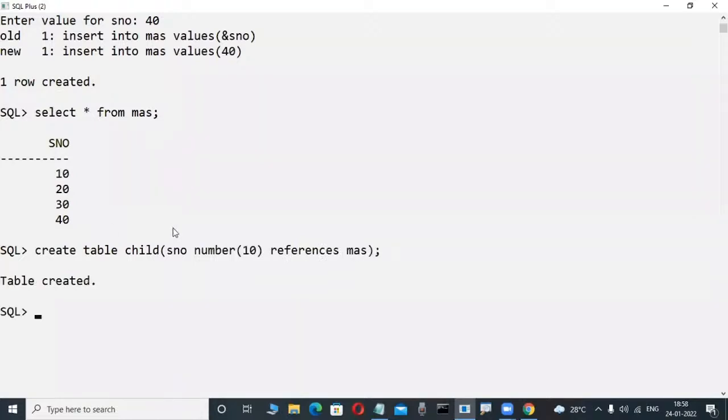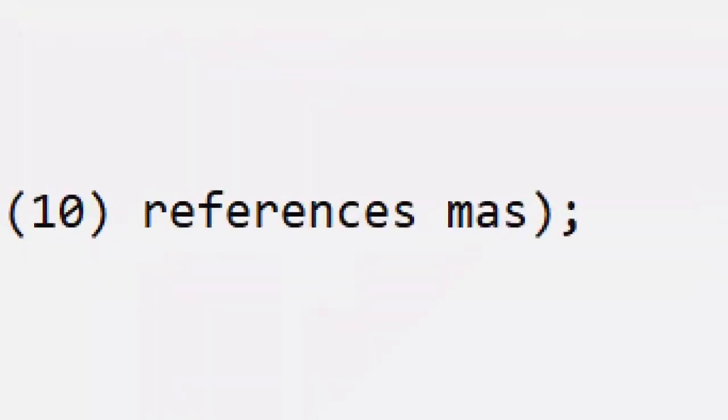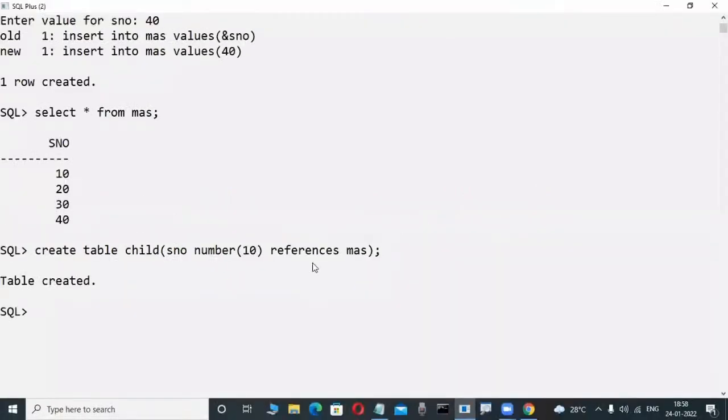Don't worry. Some clauses are there in future, like references, on delete cascade. So many clauses are there. Now I try to insert. Check it out here. I try to insert a value other than the master table values. Suppose 90, I try